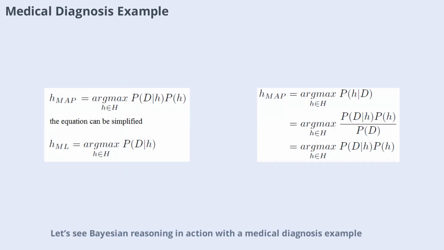Let's see Bayesian reasoning in action with a medical diagnosis example. Imagine two hypotheses: a patient has cancer or does not. We know the disease is rare and the lab test isn't perfect. By applying Bayes' theorem, we can calculate the probability that a patient has cancer given a positive test result. This approach helps doctors make better decisions by considering both prior knowledge and test accuracy, rather than relying solely on